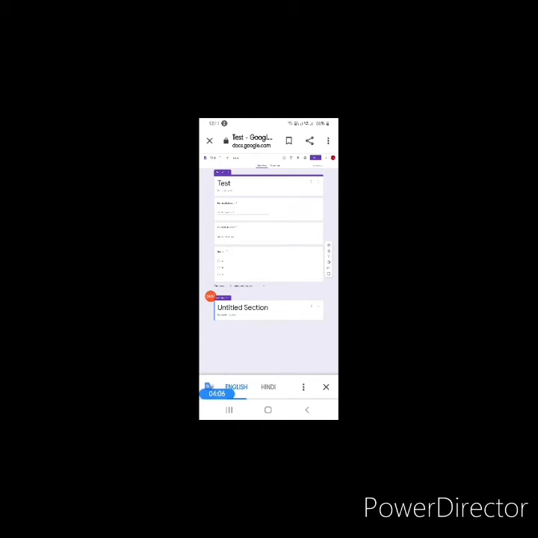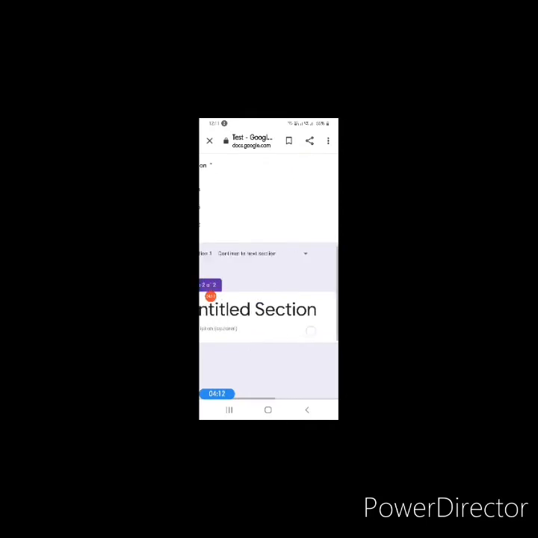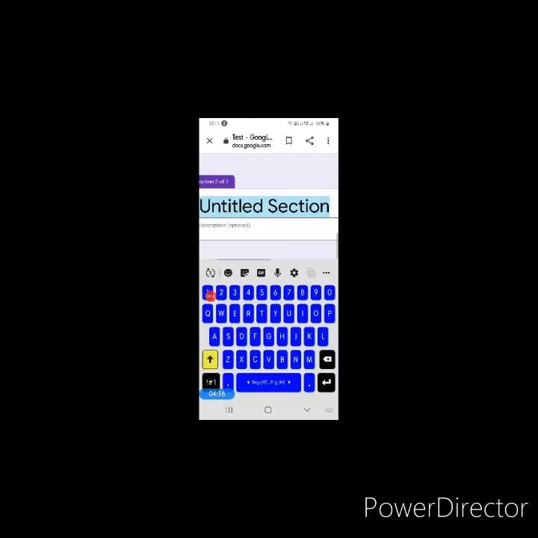Now I want to make the quiz. So as I want to make the quiz, I can give it sections. I select this option, it will give me a section. So this is section 1. Here section 2 is starting. Here also the heading is there, untitled section. I can write there if I am giving a general test, or if I am giving a science test, I can write the subject there, or I can write marks.